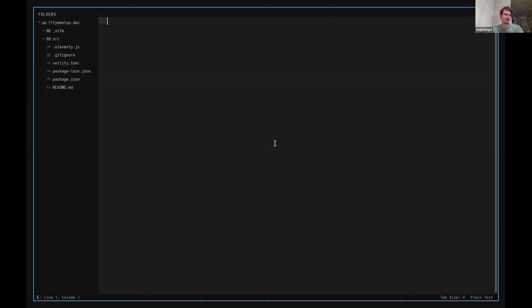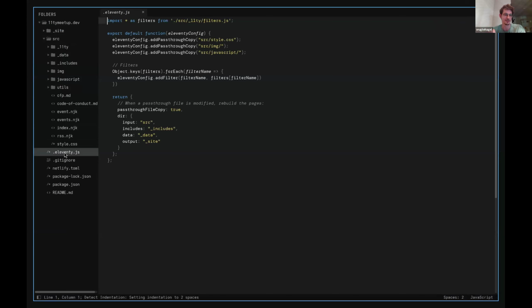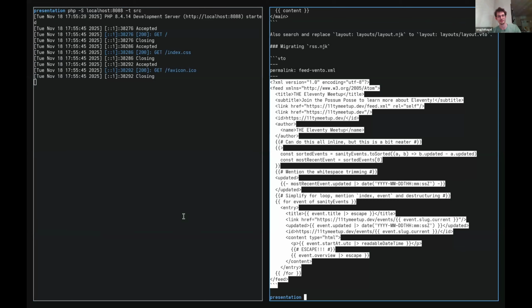For this demonstration, I thought it'd be nice to show some incremental migration stuff to the Eleventy Meetup website. So we're going to migrate one layout template, which is very simple. And then we're going to migrate the RSS feed. So first things first, we want to